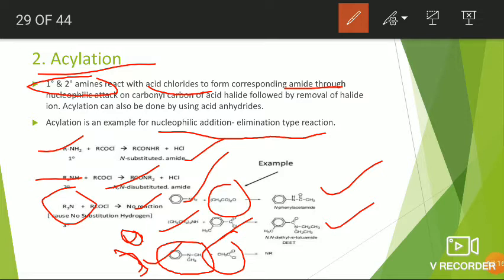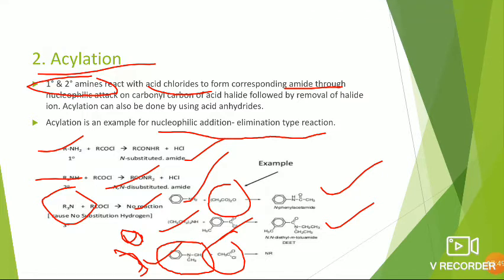In acylation, only primary and secondary amines undergo acylation with acylating agents such as acid halides and acid anhydrides, and produce their corresponding amide derivatives. Okay, this is all about the acylation reaction. The type of reaction is nucleophilic addition followed by elimination, an addition-elimination type reaction. Okay, fine. Next,